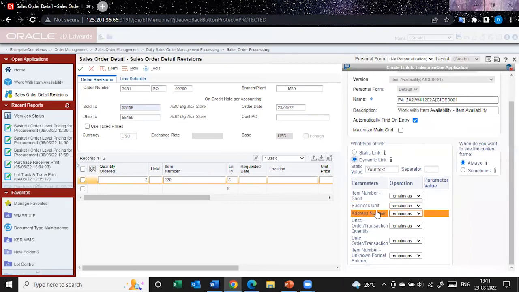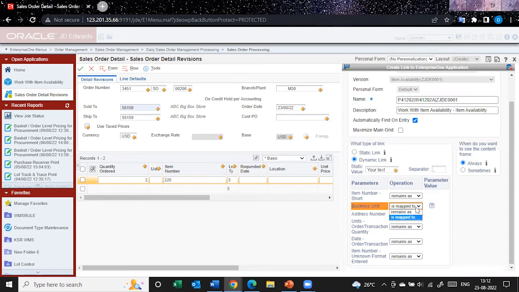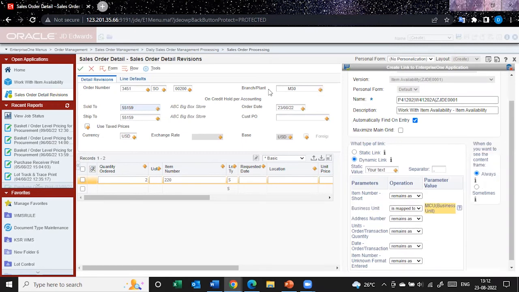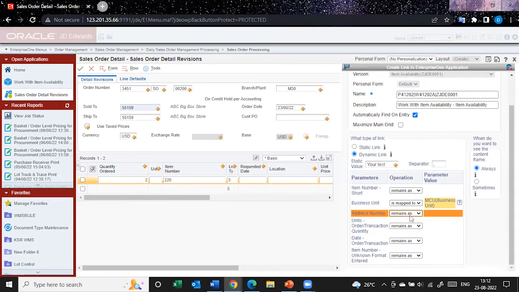You have to select this particular option, is mapped to, and then click on this plus option here at branch plan, not business unit. So after this, I'll be selecting item number is mapped to this. So now what this is doing is, this will auto-populate the information. Once I click on this save button, you can see now the total number of items for 220 and branch plan M30